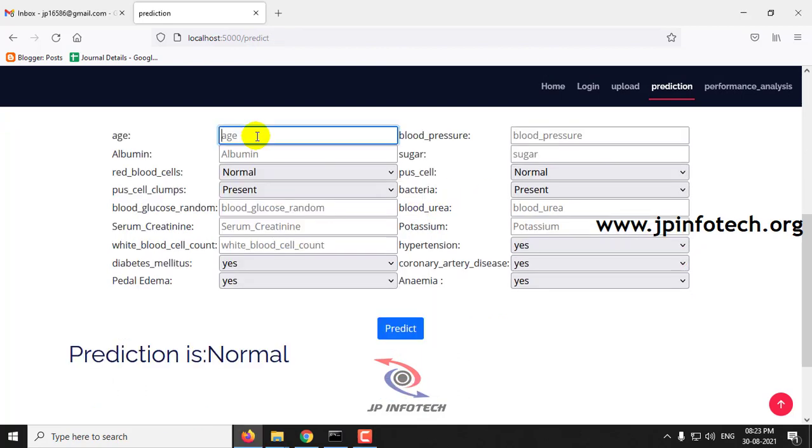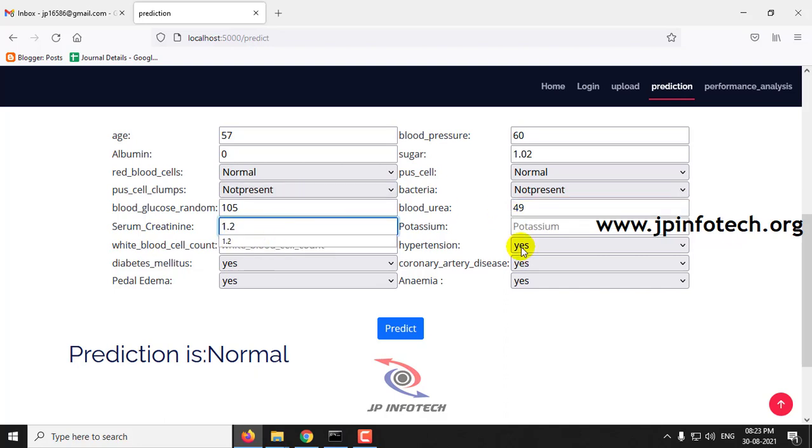Age 57, blood pressure 60, albumin 0, sugar 1.02, red blood cells normal, pus cell normal, pus cell clumps not present, bacteria not present, blood glucose random 105, blood urea 49,